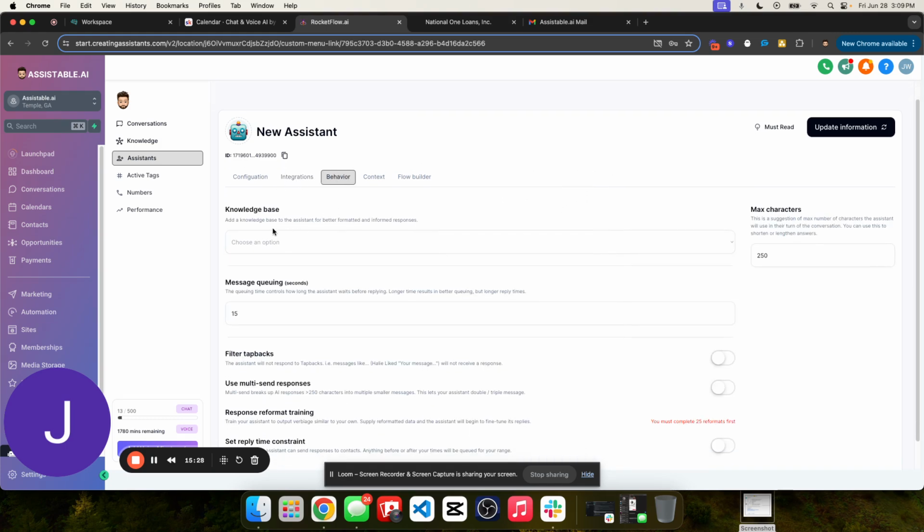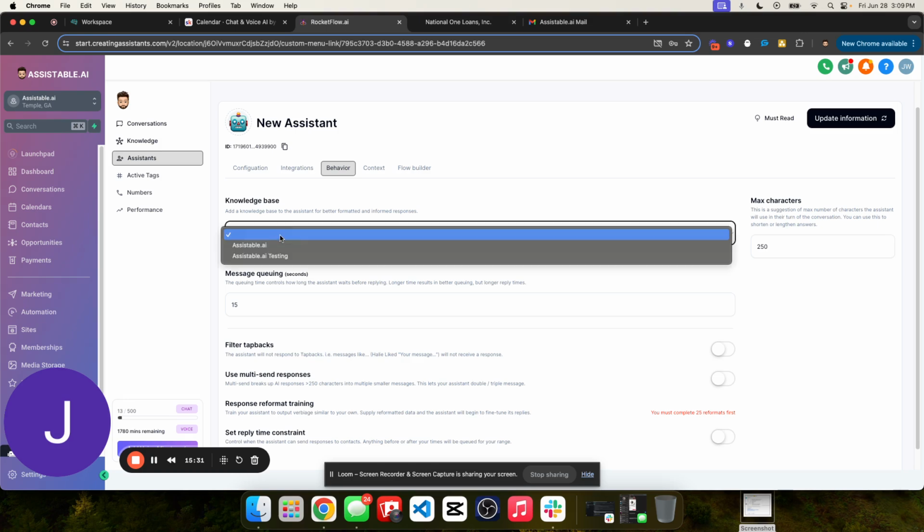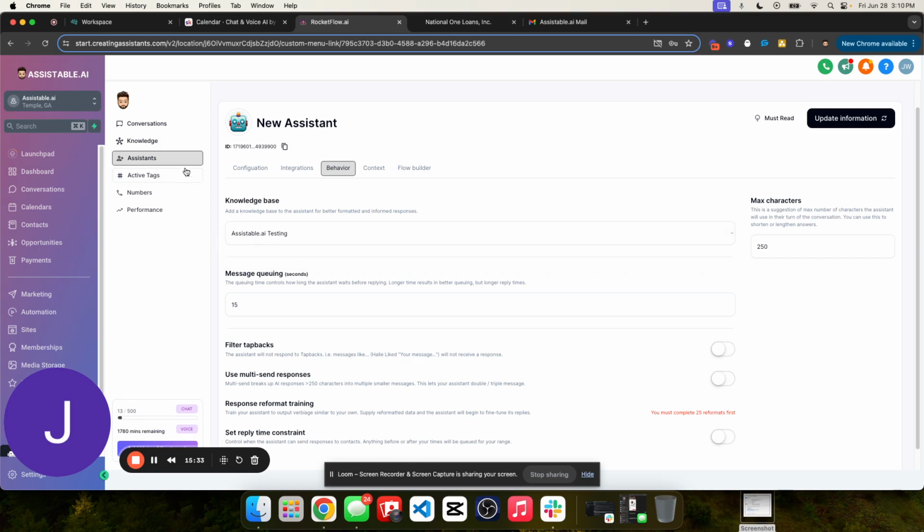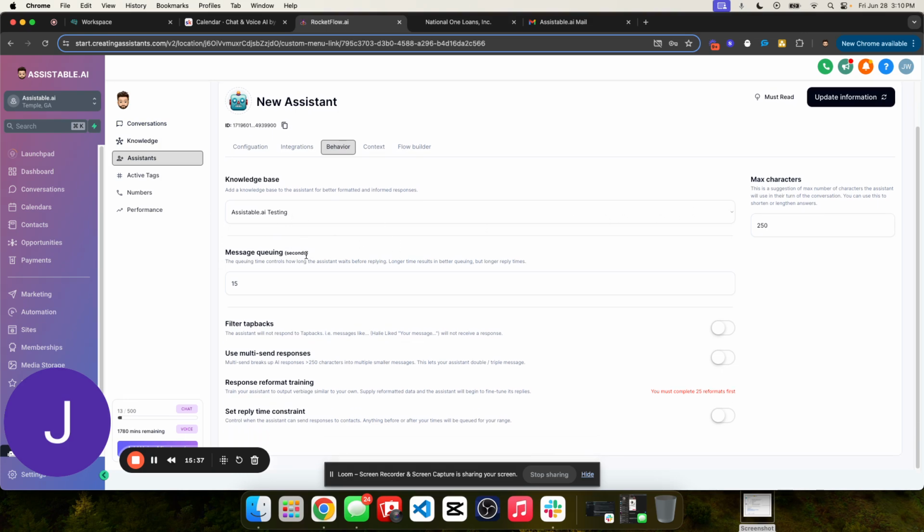So we go into behavior. So this is where we'll be able to connect that knowledge base that we made here, assistable testing, and set our queuing time. So we can set dynamically how long we want this thing to respond. So if you want yours to seem a little bit more human, you may want a little bit more queuing time. Some people do 60 seconds just to completely mitigate. The whole idea is to make it seem a little bit more human, right? So you can dynamically set this by seconds of how long this thing will wait before it actually processes and